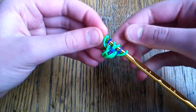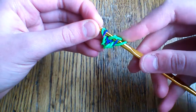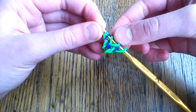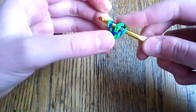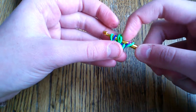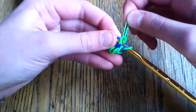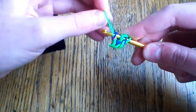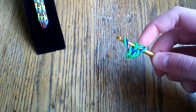with these tie-dye bands. So taking this 3rd loop or the 2nd neon green loop and crossing it over the 3rd, and then taking that new 3rd band and pulling on it a little bit so you have a bit of leeway with this, and cross it back over to the side where the other band is. So sometimes it's a bit difficult to get them crossed, but once you get the hang of it, it should